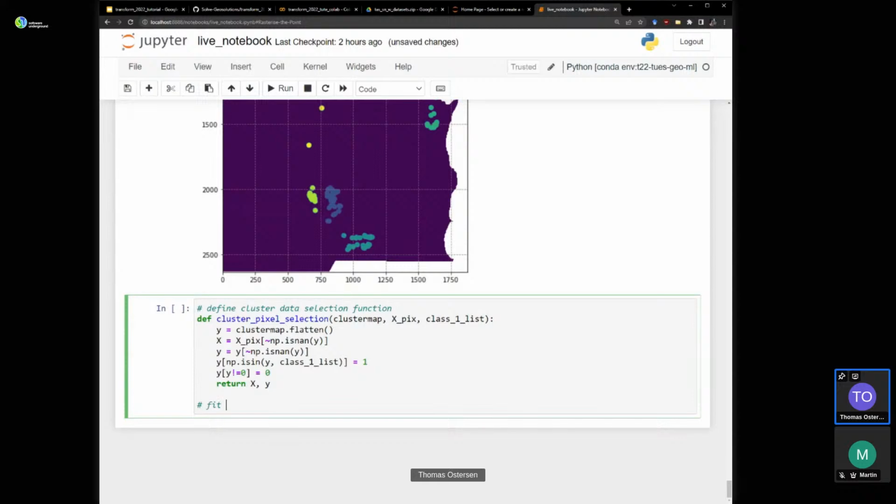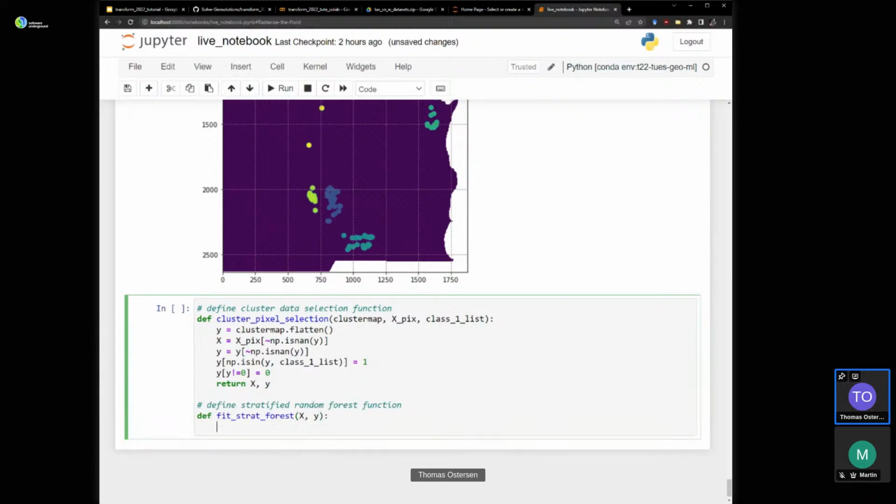Let's just write a function to fit a stratified random forest. Define fit strat forest, x, y. X, y equals, oh, we need to give it the random undersampler.